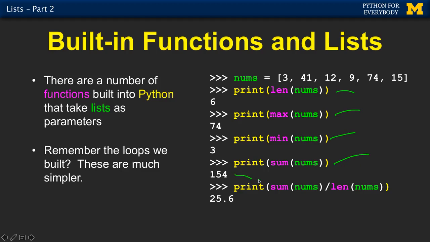Sum of the list is 154, and you can calculate the average by the sum. Now, some of you will go back to chapter 5 and say, well, why did you give us all those for loops to do the same thing instead of just telling us this function? So the answer is, well, there are reasons for knowing how to construct those for loops, and they were good, easy